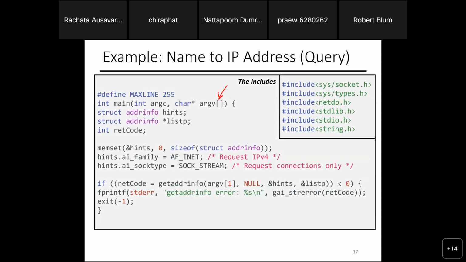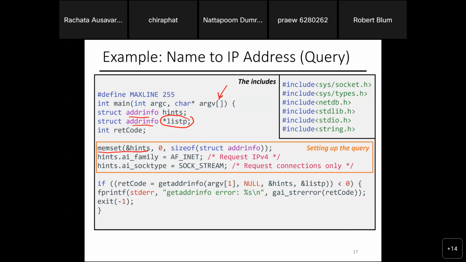And then I have address info, which is a pointer, basically a pointer list. Then I have the setting up of the query part. I have the address info as the hint. Inside the hint, the way I set it up is first I do memset on the address to set everything to 0, so that I don't begin with some random value.